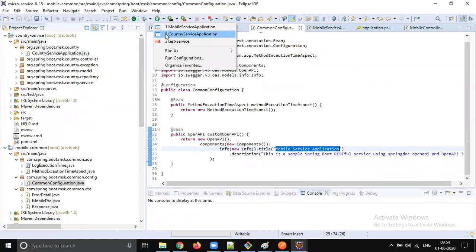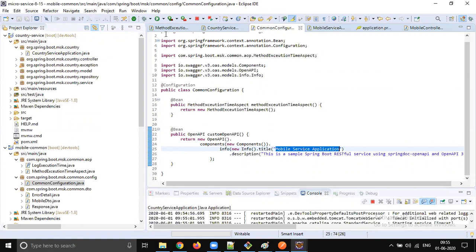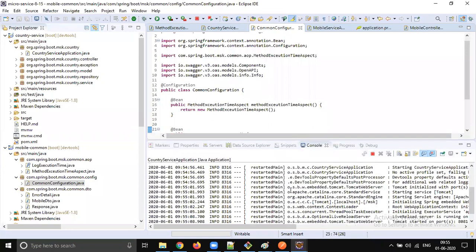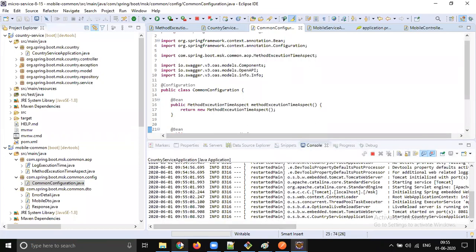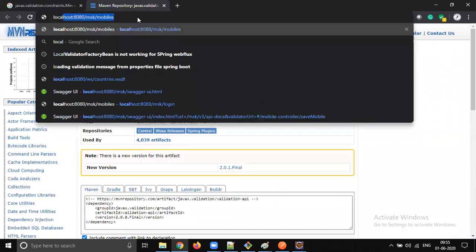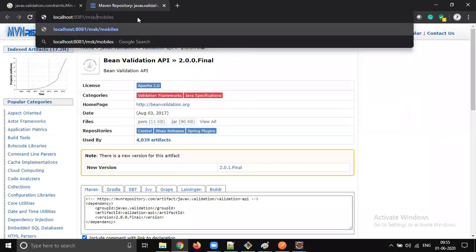Okay, yeah, it started. Let's go to browser and type localhost 8081, right? 8081 msk slash country slash swagger, right?